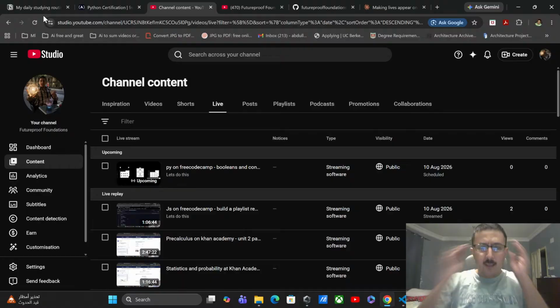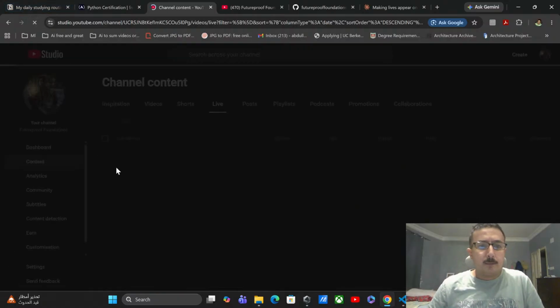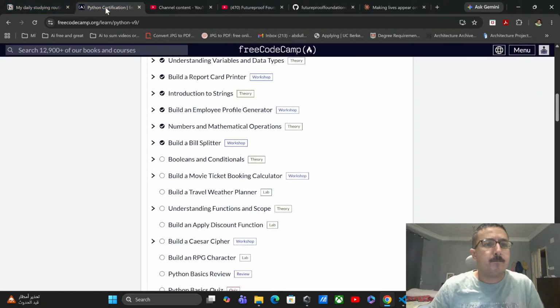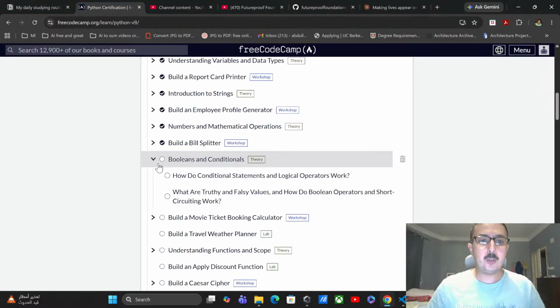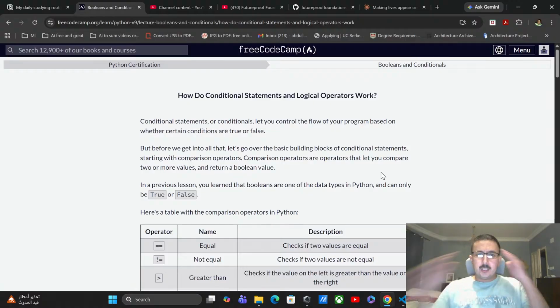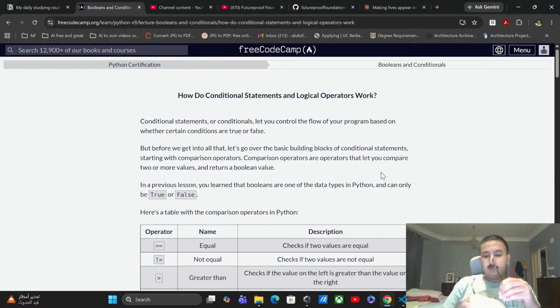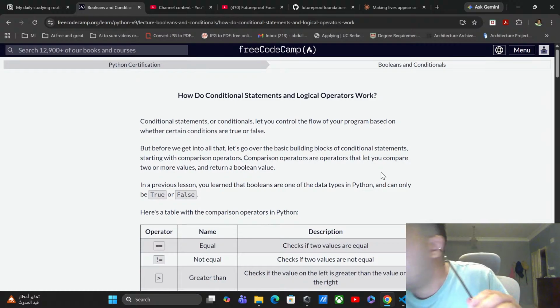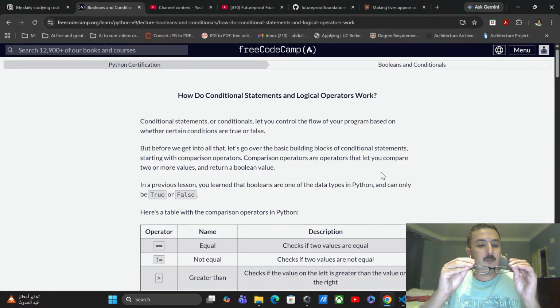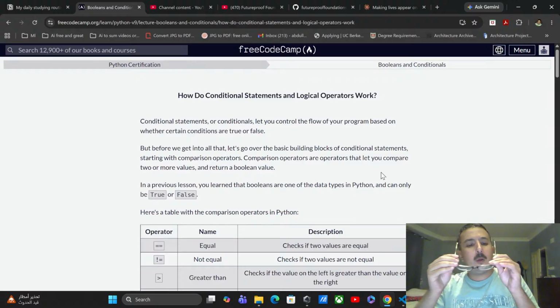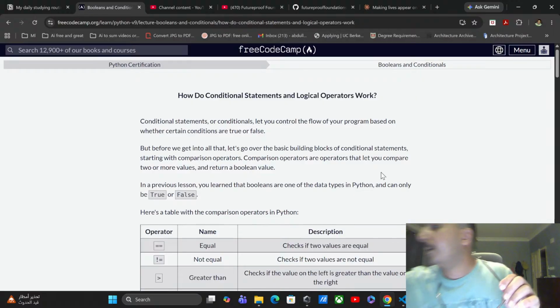Hello guys, gonna do this very quick. Nope, something's wrong, it's on. Let's do this very quick. Booleans and conditionals. Oh my god, it's water. Can this? Actually,